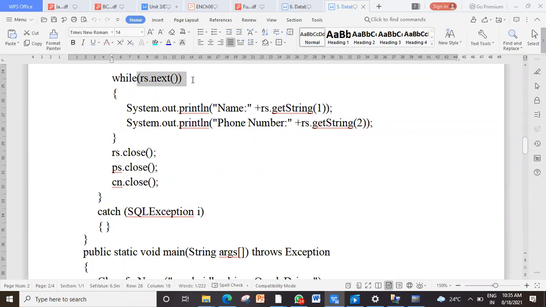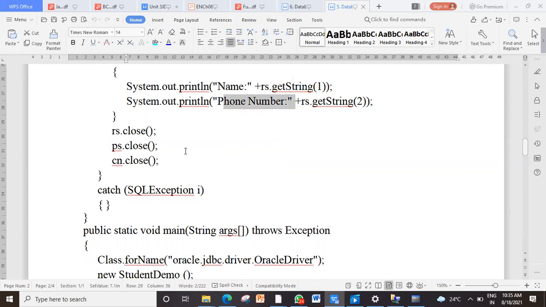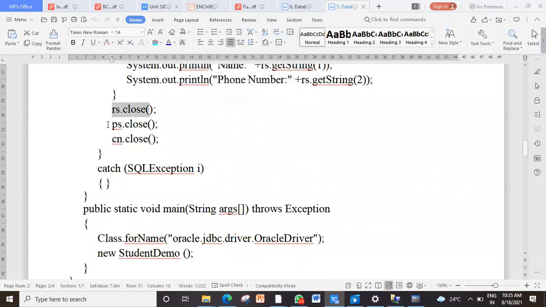From the result set, I use a while loop to go next. And in the earlier program, I displayed both the values in one line. Here I am trying to display on separate lines. Name equal to so and so, phone number equal to so and so. Then I close result set. I close statement object.